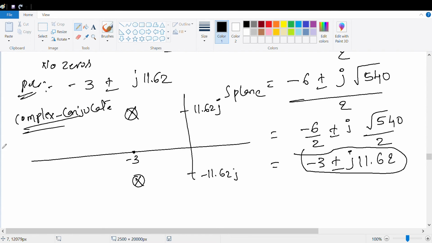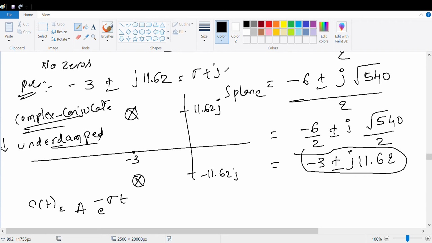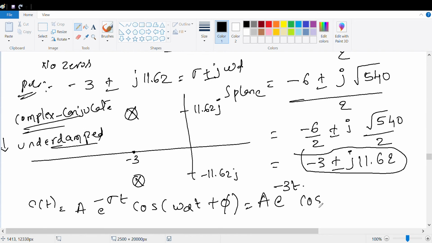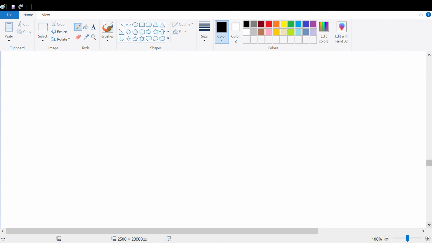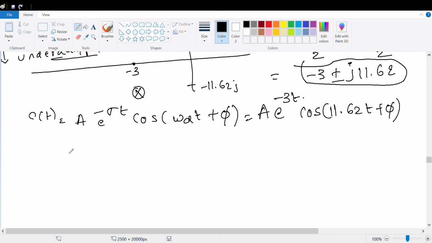If the poles are complex conjugate, the system is underdamped, and the general form of step response is A times e power minus sigma t cos of omega d t plus phi. Therefore A is a constant, and e power minus 3t cos of omega d, which is 11.62, t plus phi. Okay, now